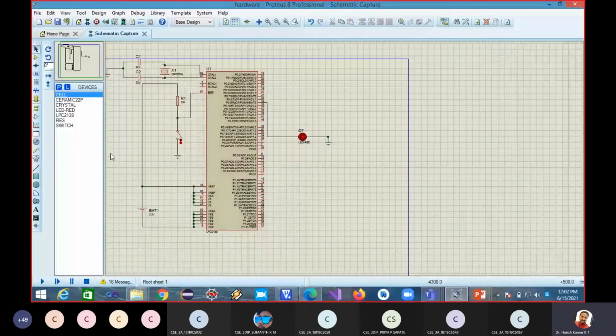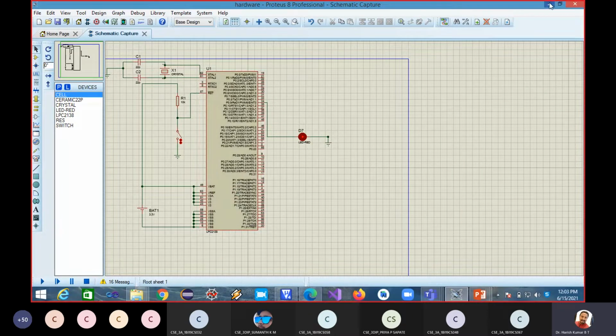Okay. So this circuit I'll share with all of you, so that you can go for designing and connecting. Okay. So this is the minimum circuit which is required. We have a 10K resistor here, the crystal, which is required for supplying all the clocking requirement of this, and these are all the port pins. What you can see here is only the port pin P0.0, 0.1, and then P1.1, see 1.16. P1.0 you cannot use, right? So that is not here. So P1.16, P1.17, P1.18, all these things are there.